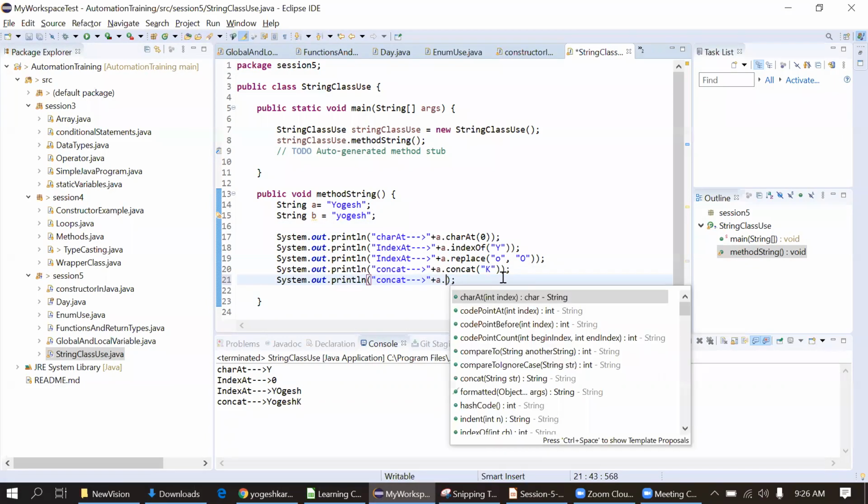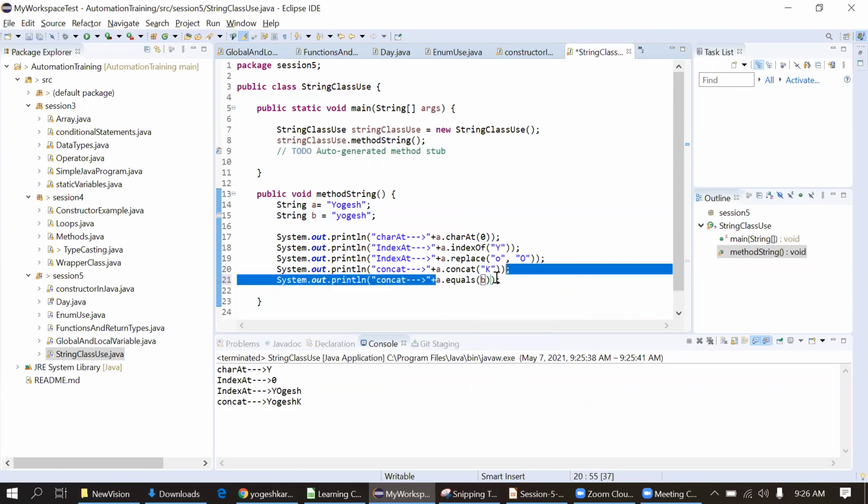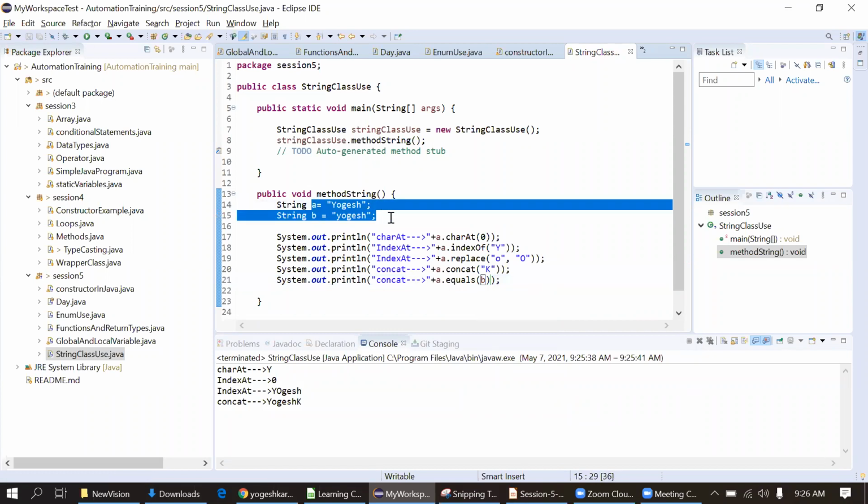I will use the equals method, a.equals(b), passing this b. So what is expected? Is a really equal to b?